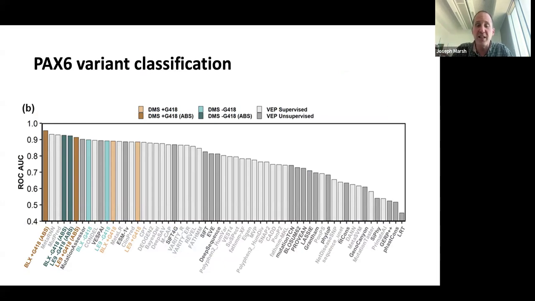So this is really just to illustrate the idea behind these deep mutational scanning experiments, which is increasingly being done by us, but also lots of other groups around the world. So we're starting to get dozens of these data sets now for human disease genes. And so the idea that we had is that we could use these experimental measurements of fitness as a sort of independent truth set for assessing the performance of these variant effect predictors. So it's not exactly the same as testing their performance for predicting disease mutations, but it has the huge advantage of being completely independent of any data that was used in the training of these methods. So it gives us a fair way of comparing them.